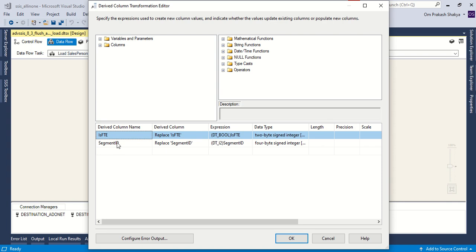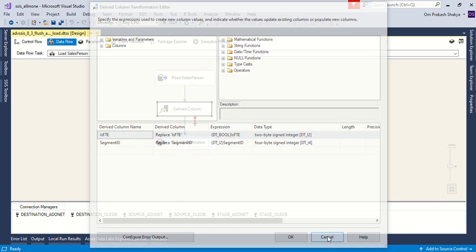Is FTP and segment ID are the two columns which we have used to change their data type. Is FTP is converted into the Boolean type and segment ID is converted into the integer, four-byte signed integer. So this is the transformation we have applied using the derived column transformation.